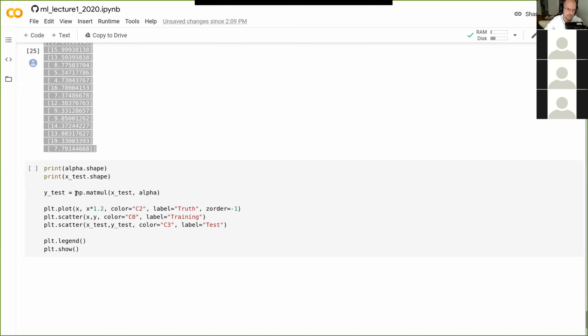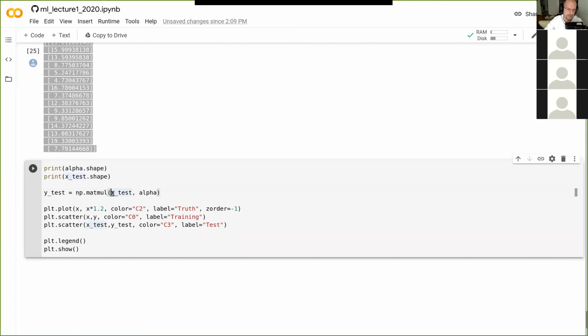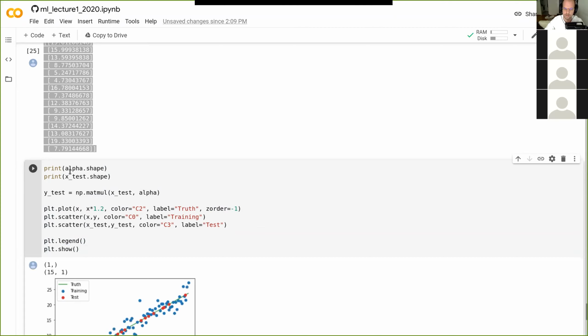Here I'm multiplying x test by alpha using np.matmul. Then I'm plotting the true relationship, the training data and the test data, and I'm also adding a legend to the figure. So let's run this and see how the fit went.